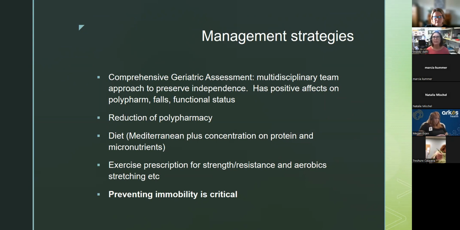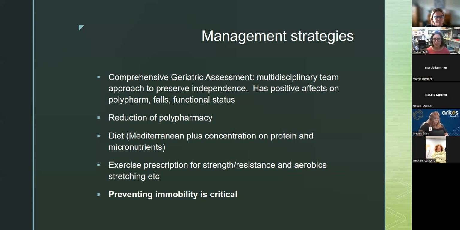Or like I said, I think the whole point is to try to get people who are at risk for frailty and have some intervention before they're frail or severely frail, for sure. So what can we do when we see a pre-frail person or a frail person? There have been studies that show that a Mediterranean diet that is high in protein can improve